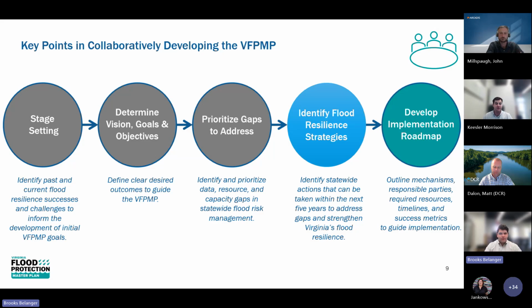And in that second phase, we developed the plan's vision, goals, and objectives, building a clear picture of those big picture long-term themes that I talked about in the last slide, and what we want to accomplish through this plan. The third phase, we reviewed the current state of flood resilience in Virginia across the state government and what it looks like. And from there, we identified gaps that need to be addressed and have prioritized those gaps to address through our